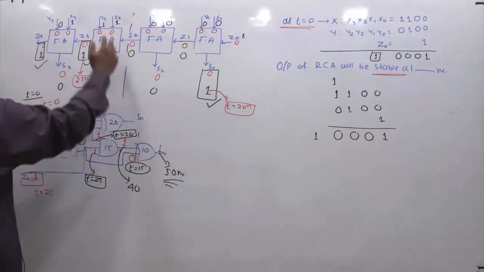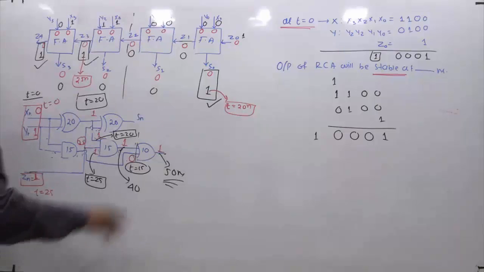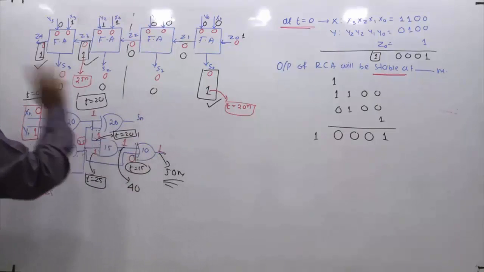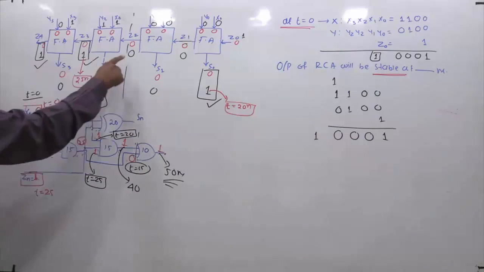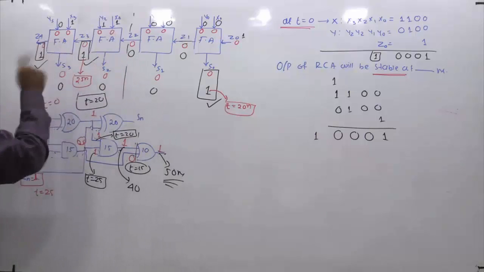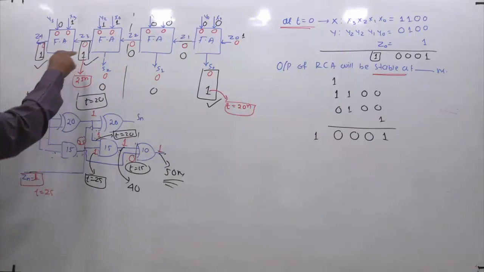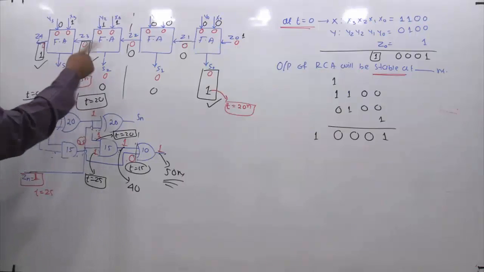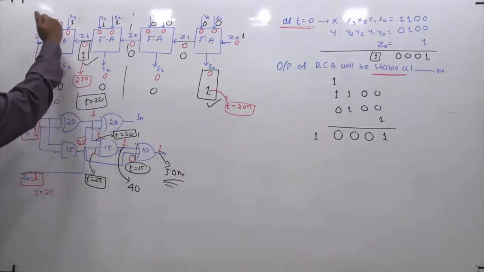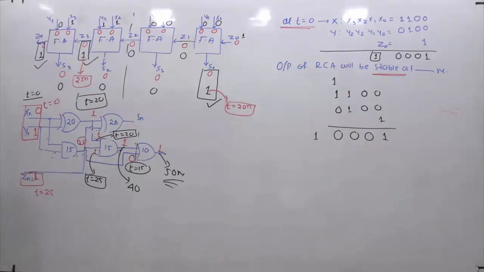So at t equal to 0, the input is 1 and 1, and you are getting this at 25 nanoseconds. So which was t equal to 0 for this, but now you don't have the option for 0. You are getting this 1 at 25. If this could have been again 0, then I would have again taken the reference for 0 for this. But the reference for this it was 0, but the reference for this is 25, because at 25 nanosecond you are getting this. If at 25 you are getting this and the inputs you are giving are 0, 1 and 1. So finally